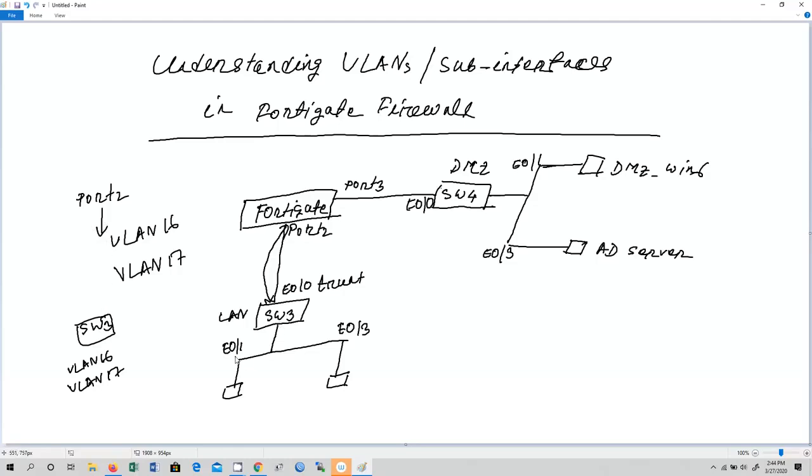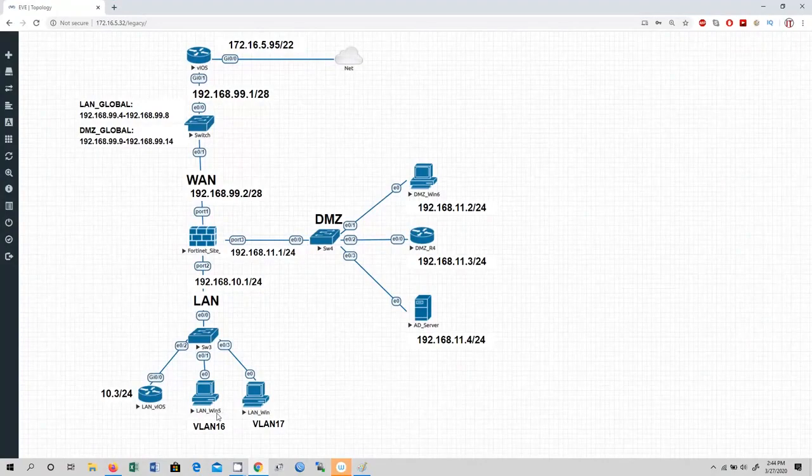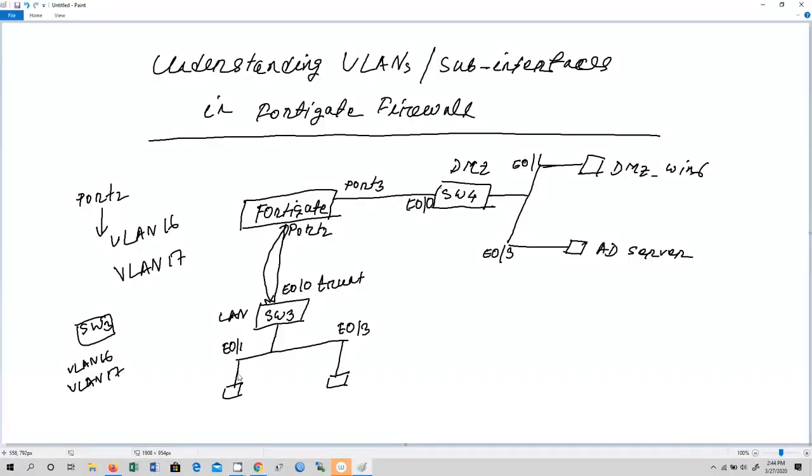You can see that we have two interfaces connected over here. Let me show you, LAN WIN 5 and LAN WIN. As you can see, we have connected two computers, two workstations, to Ethernet 0/1 and 0/3.